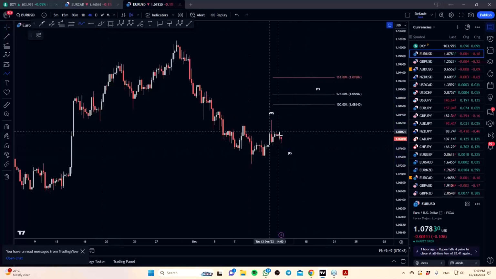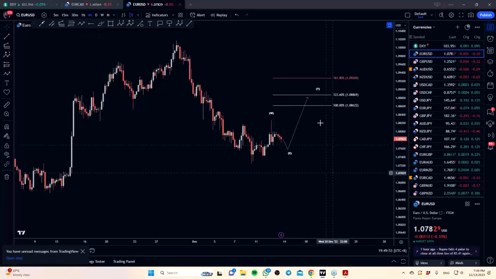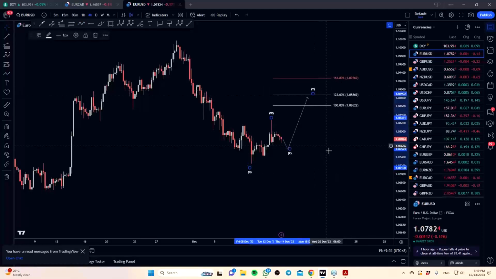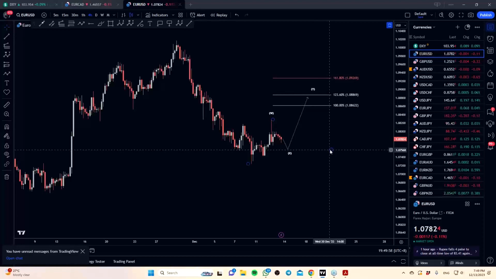Okay, so the expectation of this is, of course, the market comes down a little bit and it goes back up, right? So again, you can see the process of what I'm doing, right? This is called trade planning, and I can only do this because I'm very clear what I want to see. The market hasn't really developed that, but I already start to plan how I want the market to develop in order for me to have something to trade. So this is what we call forecasting as well, or what I meant by you need to be responsive, right? You need to know exactly what you want to see.